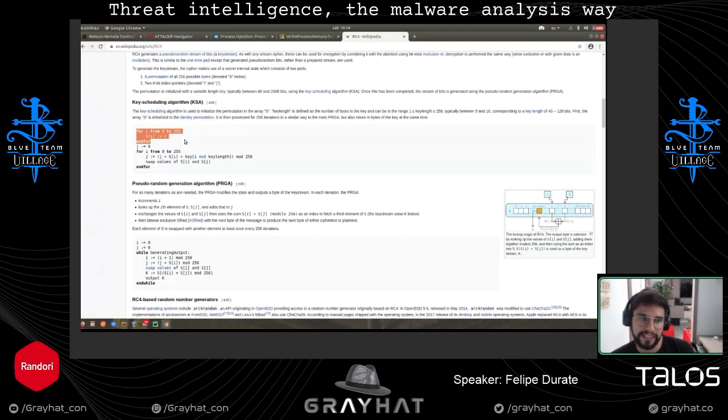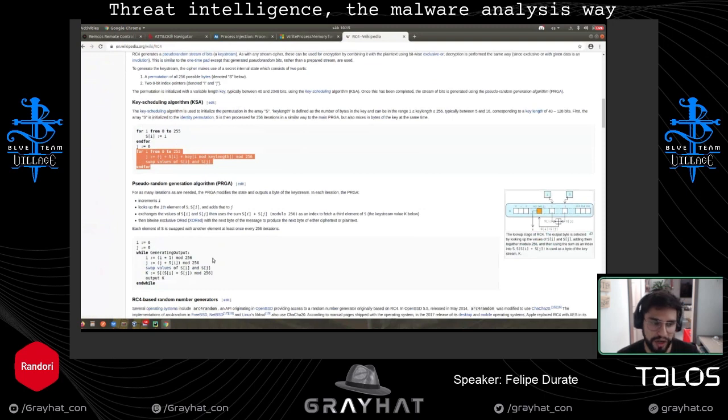So the first thing that the key scheduling algorithm of RC4 does is create an array from 0 to 255 in which the first item in the array is 0, the second is 1, and so on, up to 255.